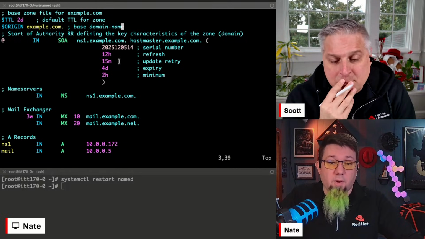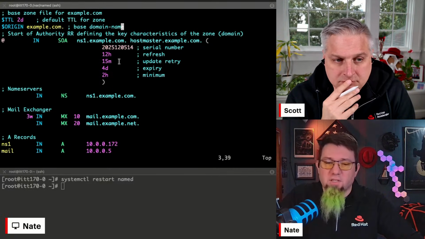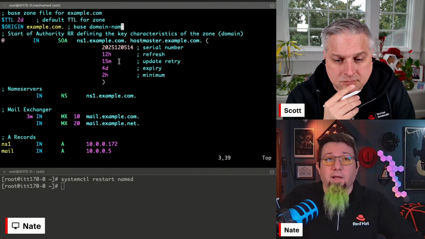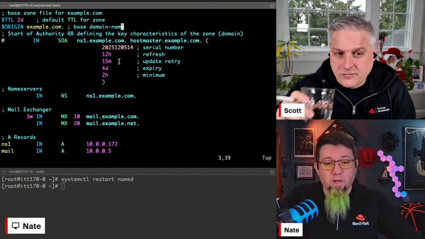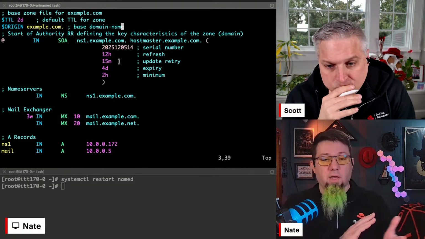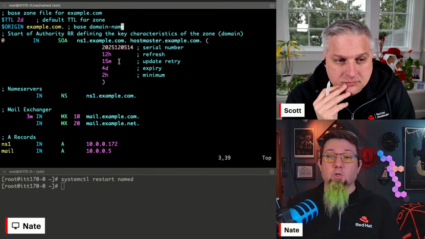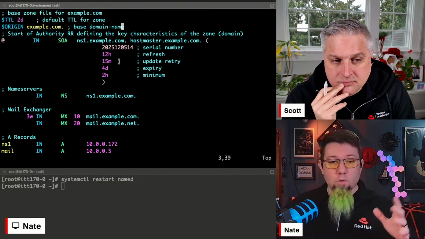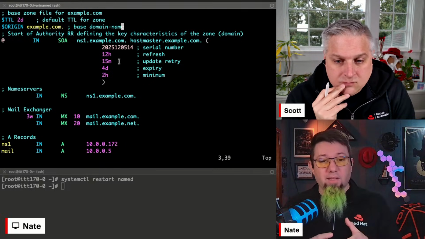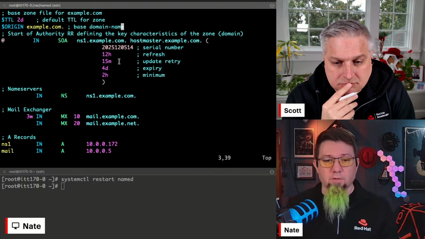A lot of the automated systems that I talked about earlier, things that are managing this for you, where you're never in this zone file, you never see the serial number because it's managing it for you. So it just picks a number. It might start at 0. It might start at today's date and just work up from there, right? So you might see some really insane serial numbers if you're looking at zones that are not managed by humans. It could be that you imported the zone when you moved from BIND to appliance XYZ, and it brought in the date stamped one that you were using in BIND. And then it's like, I don't care about date stamps. And it just adds one every time there's a zone update.